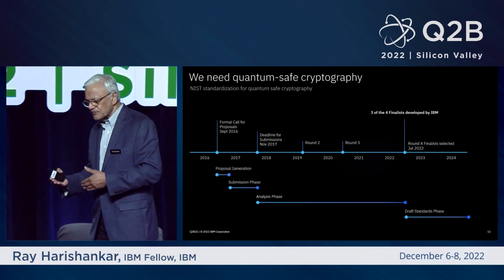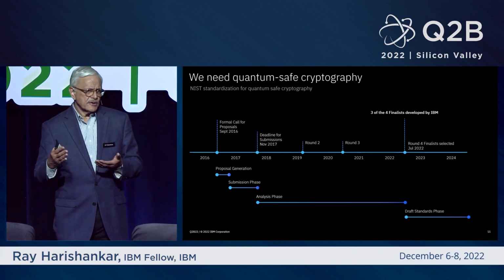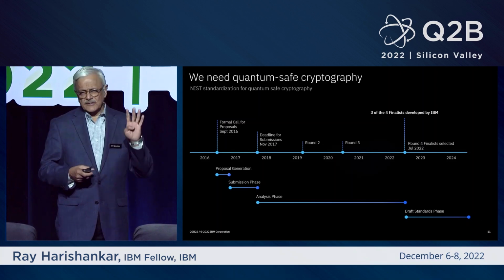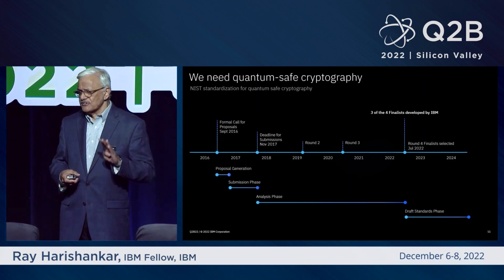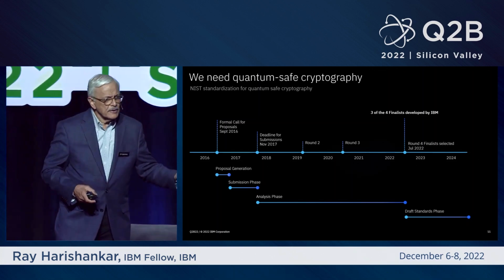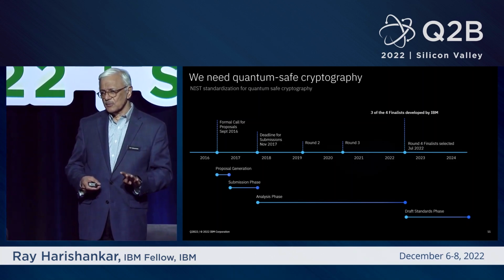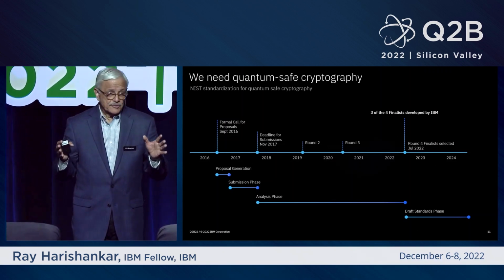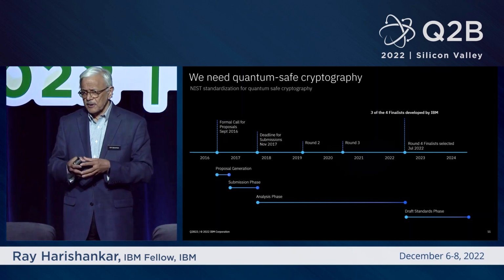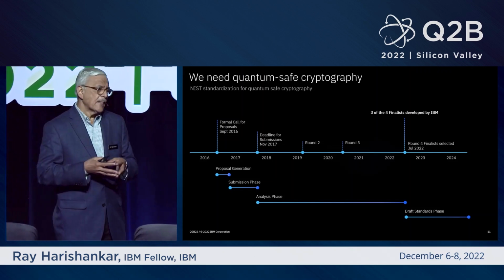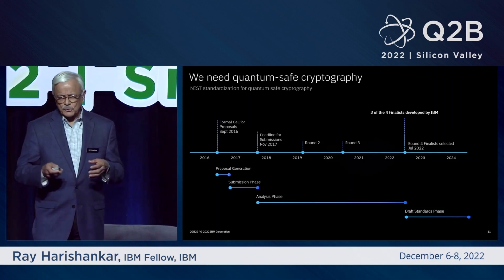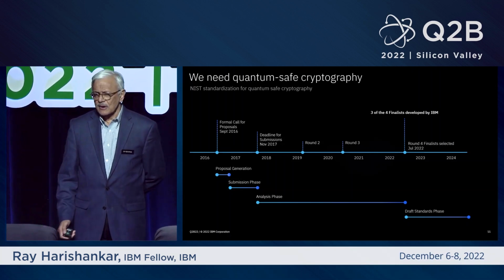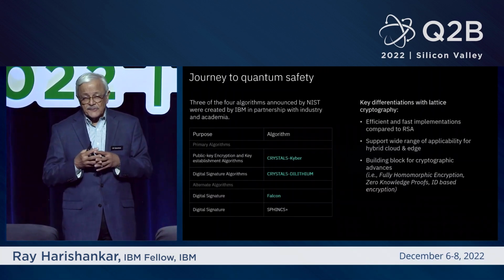Fast forward to July of this year, they went through several rounds of scrutiny, and I think after 4 rounds of scrutiny and assessment and evaluation, they came up and said there are 4 algorithms that they have selected on which they will build standards. They're continuing to receive and evaluate additional algorithms as well, but these 4 are going to be the first set that they're going to build standards on. And I am thrilled and proud to say that 3 of the 4 algorithms came from IBM working in collaboration with academia and industry partners. Right? So the 200 researchers that we have really earned their keep by making sure that our algorithms made it into the final set. And these are the 4.